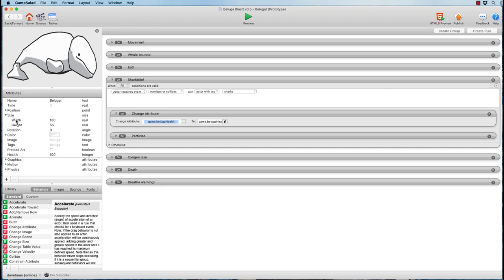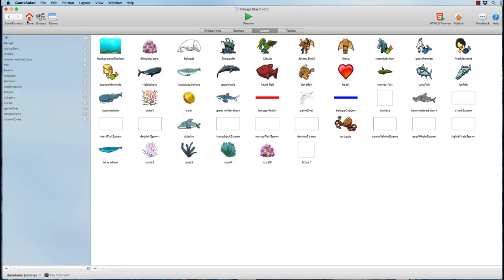This is another attribute or data type that distinguishes the beluga from, say, a humpback whale, which would be a much larger whale. So the attributes or data are the constituent parts of the beluga object or actor in the language that GameSalad uses. And that's a really, really simple concept. Just objects are actors. Objects contain data or attributes in this system.